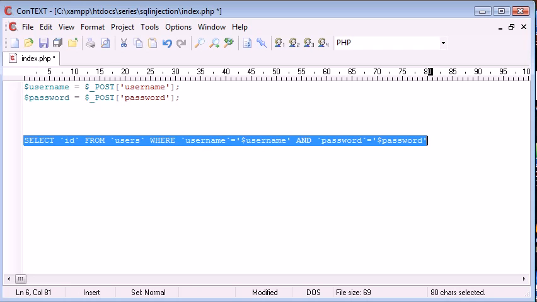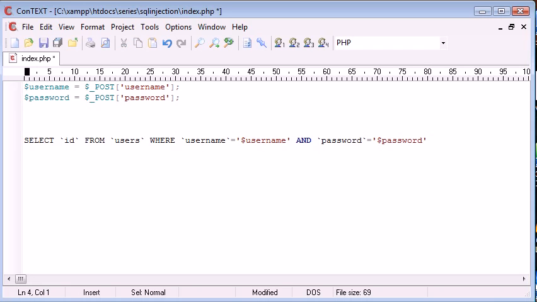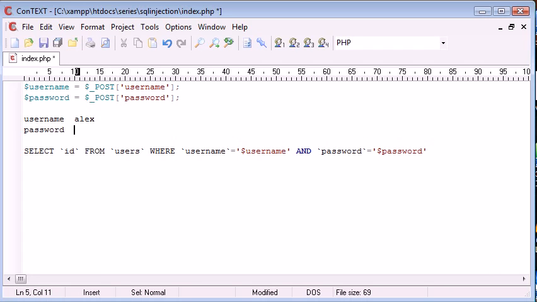So let's say that they enter username, I'll just put it here. So let's say the username they enter is Alex, and the password that they enter is pass